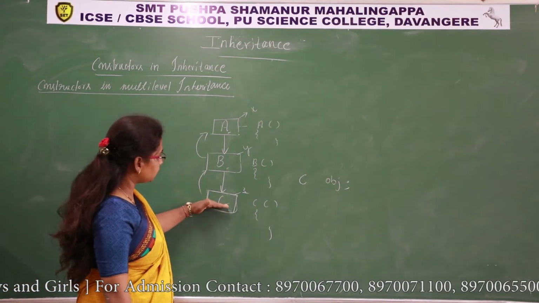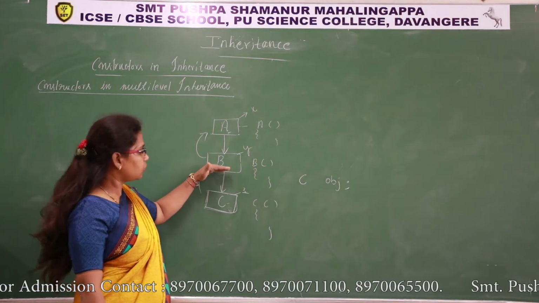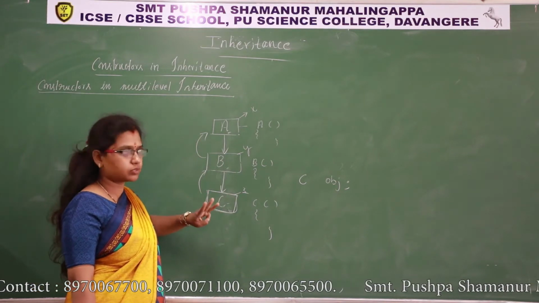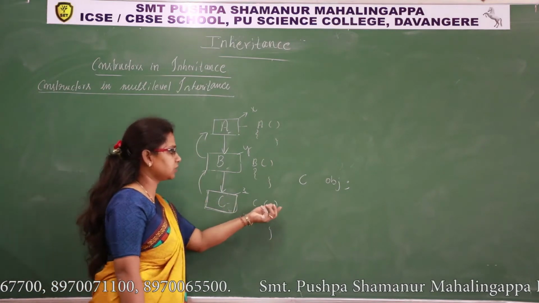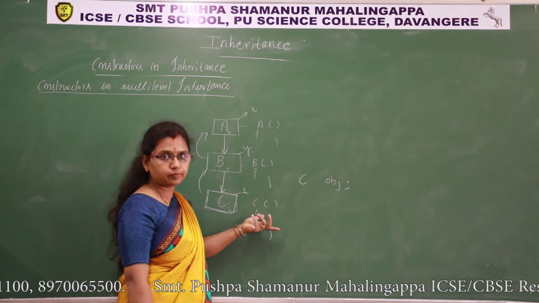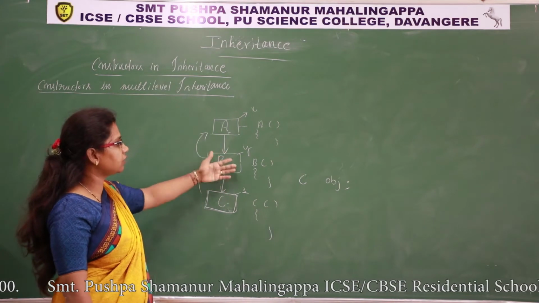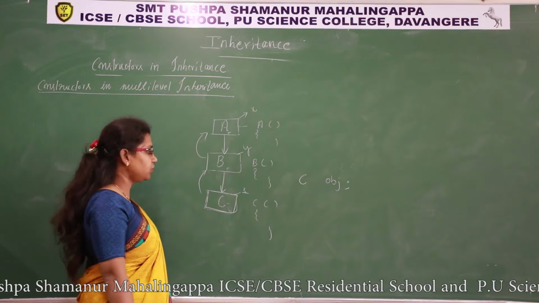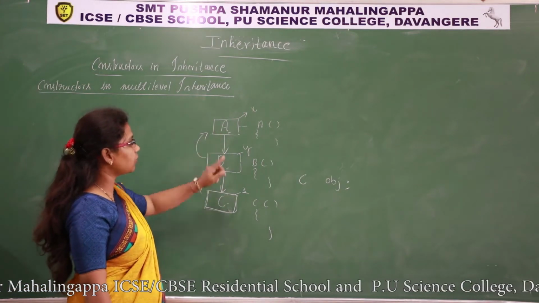So C is a derived class of class B. Understood? Total, how many parameters does it require? 3 parameters. Of course, we are passing from the main function, and those parameters are stored in the formal arguments of the class C constructor, and those parameters are distributed like one for class A, another for class B, and another for class C. But one more thing you need to observe: class C directly cannot initialize class A also.